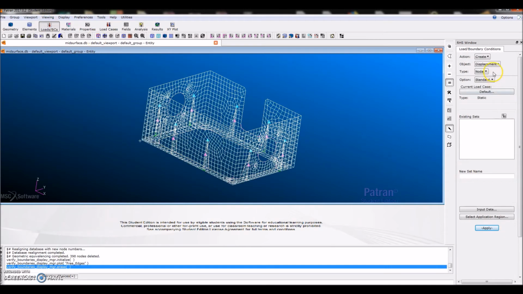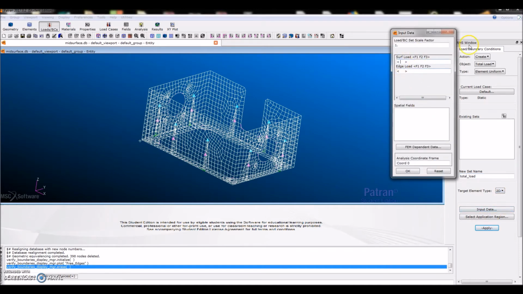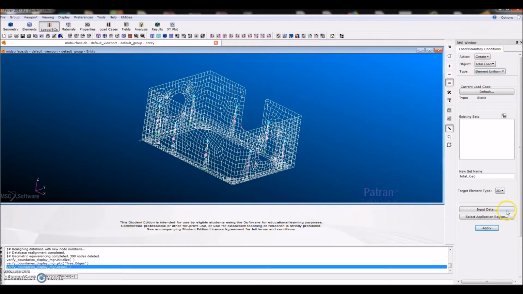And now we are going to put a load. So we go to action, to loads up there, create total load, like the set name, target element type. You have to make sure it's 2D. Input data is the magnitude of our load. So remember, it's edge load. Okay, a lot of people make a mistake, like myself. The first time doing this, I went to surf load, but no, it's